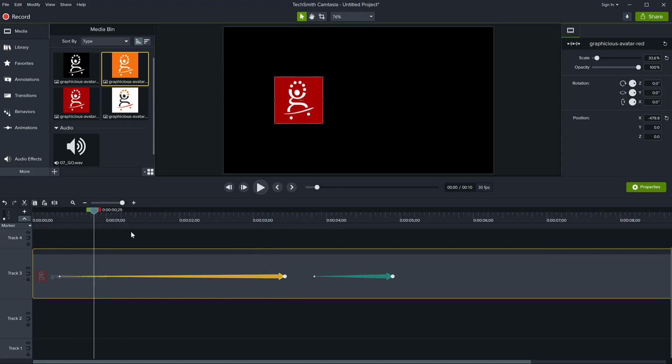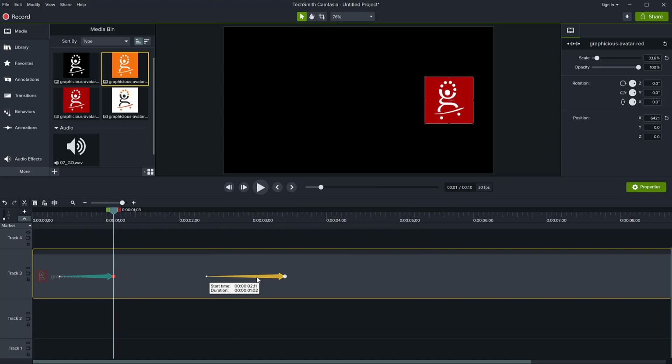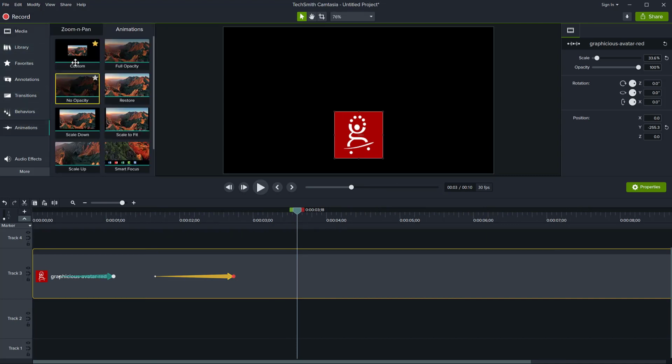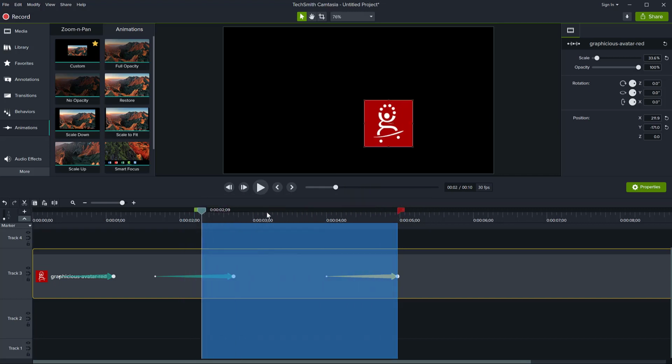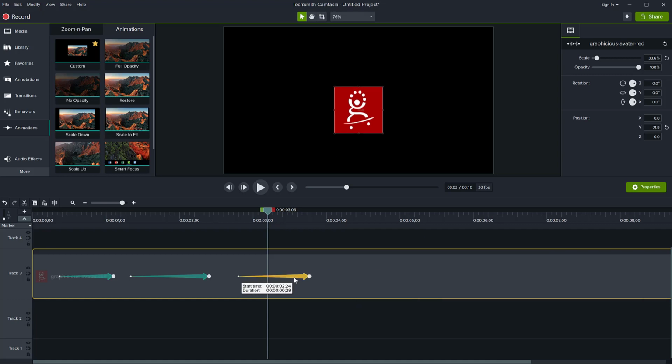So this is how animations work. You can achieve a lot of effects just by creating custom animations and placing them along your clip, and then moving the clip to where you want it to be and where you want it to come from. So here, select the end keyframe, move the object up, you can make it shorter, you can move all the animations together.